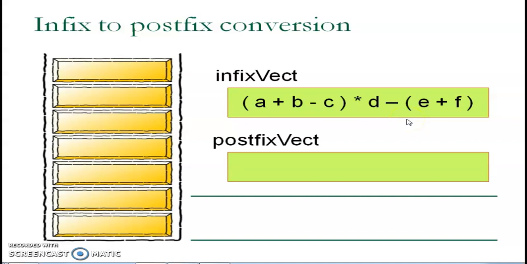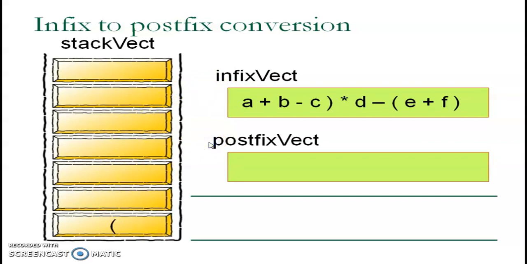Now to understand this conversion, we will see this example. To convert this expression, that is, in brackets a plus b minus c close bracket, multiplied by d minus, in brackets e plus f close the bracket. So this is the expression we have to convert into postfix. First thing is, we'll scan this input expression from left to right. The first symbol scanned is an opening parenthesis. It is not an operand, it is a parenthesis, so it must go into the operator stack. So it is here.